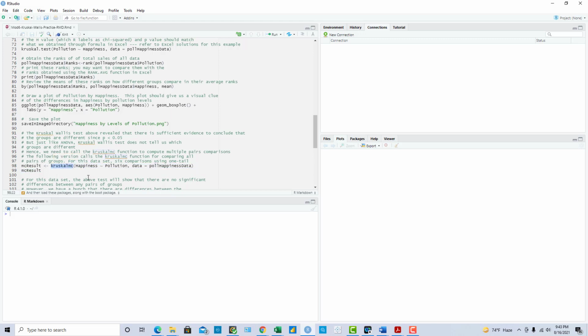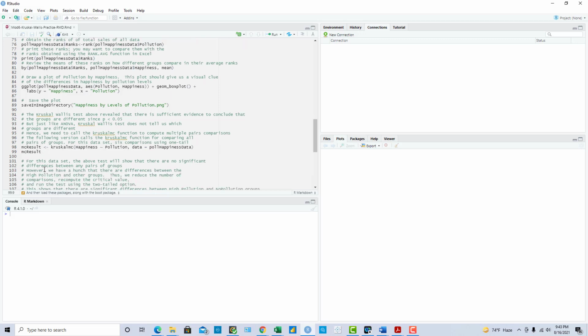Kruskalmc takes the same data, happiness and pollution data, from this data frame, poll happiness data, and we are going to get the result of these pairwise comparisons in a variable called MC result, and we are printing the results of the multiple pairs comparisons in line 99.